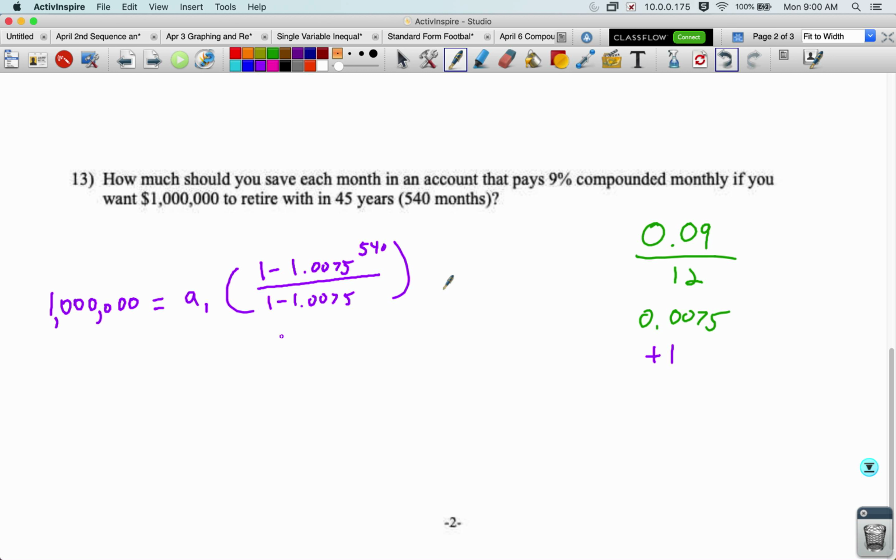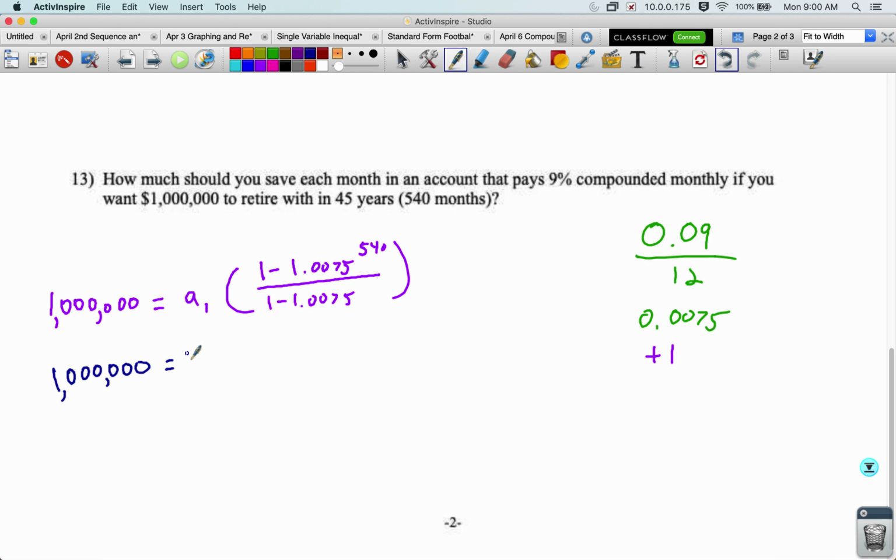I can turn this into a single number by just plugging into my calculator, 1 minus 1.0075 to the power of 540. Get this really long decimal divided by, in parentheses, 1 minus 1.0075. Then I get $1 million